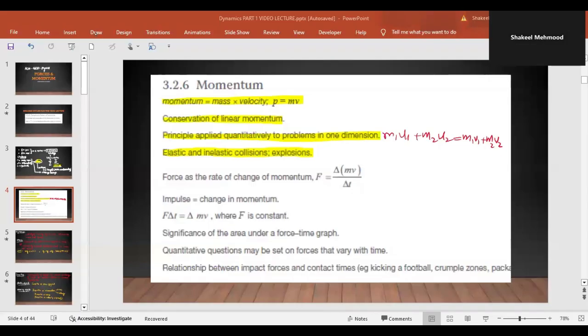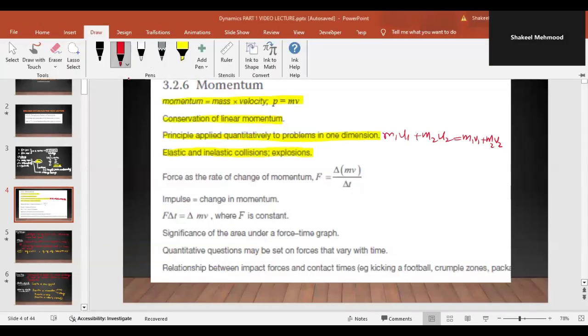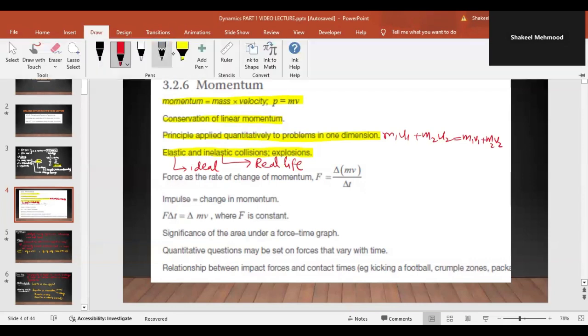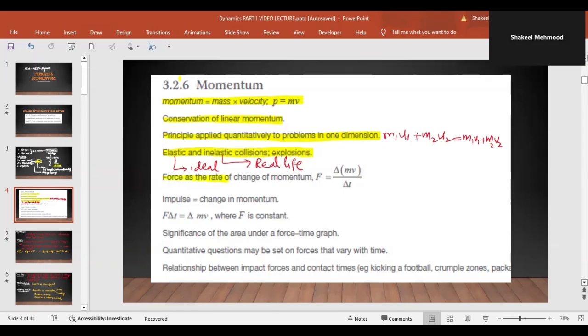So it means that elastic collisions are the ideal collisions, and inelastic collisions are the real life collisions. Let's say if two cars are colliding, definitely you're going to hear their sound. So that's why we say this is inelastic. We will of course study them in detail. I'm just telling you about the basic things that you are already aware of in your matric or in your